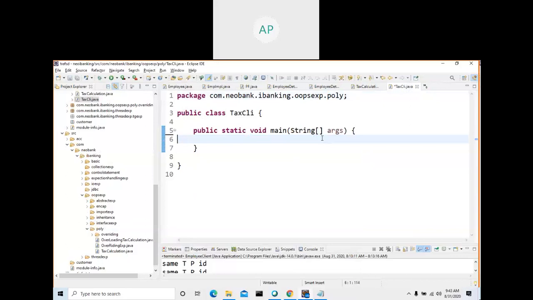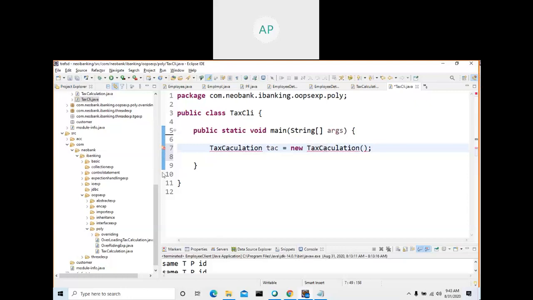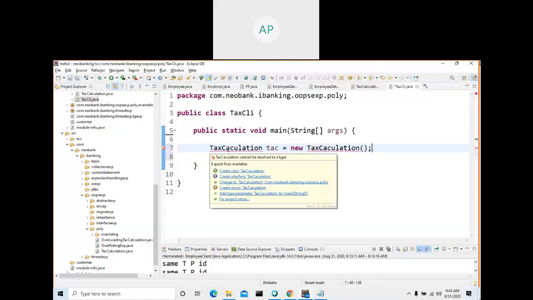So let me create one object for the tax calculation: TaxCalculation tax equal to new. We created one object. So here, what is the error?